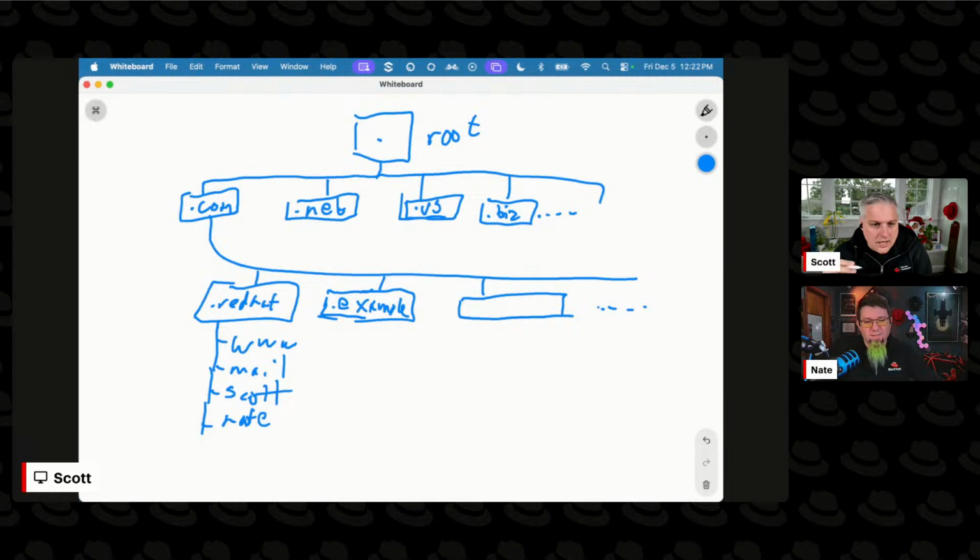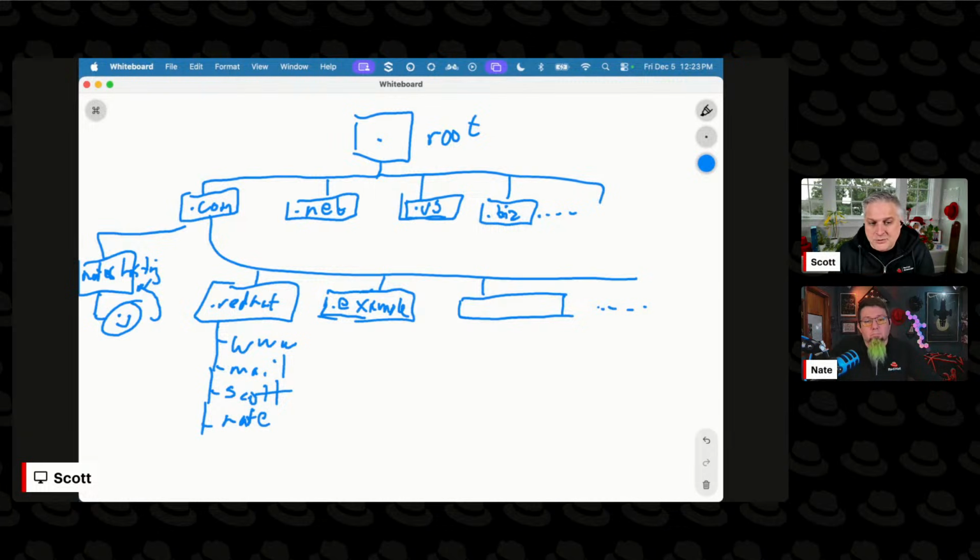Yeah. So essentially, let's say that we're in nateshosting.com. That's where your system is, right? So here's you. And you do a DNS query. It's going to go to your local DNS server.